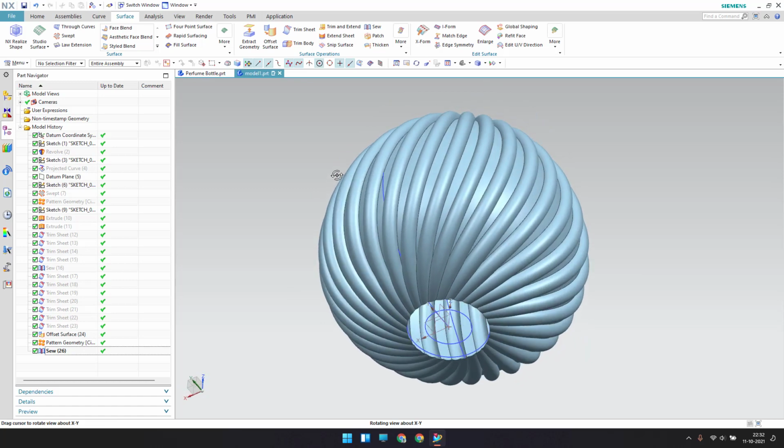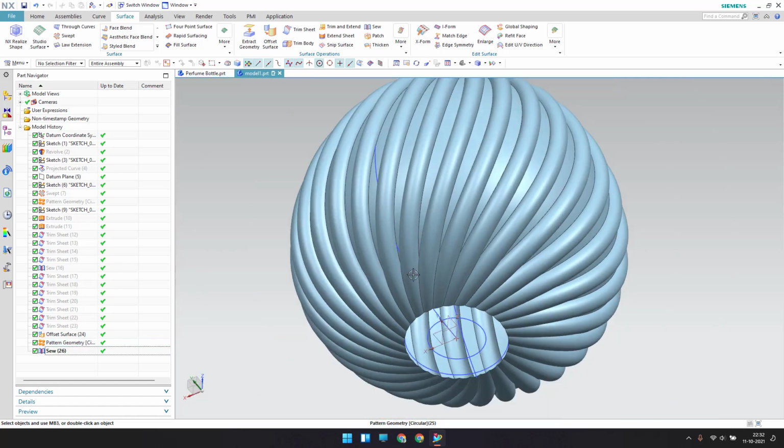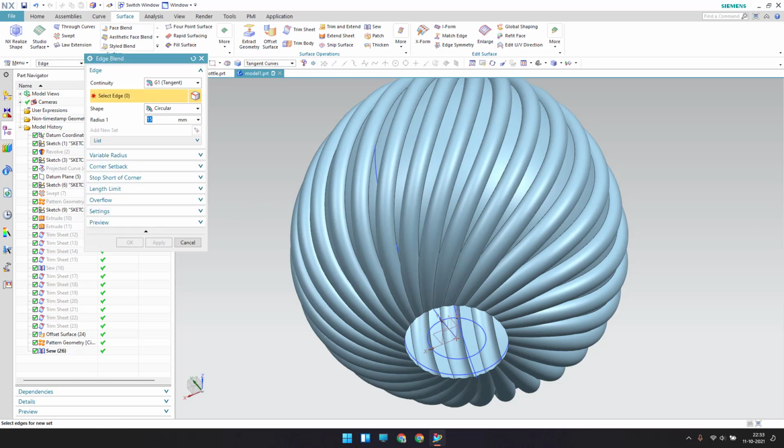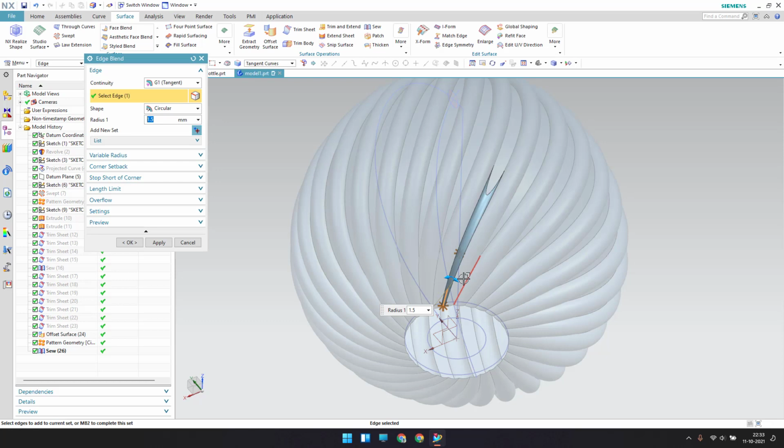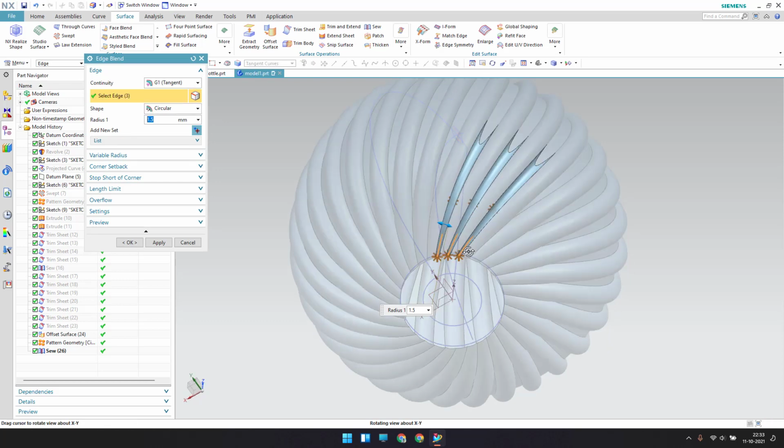Now what I will do is make an edge blend here. Let me go to edge blend. Here I can see the edge blend. The value will be 1.5, and I need to select all these curves here, the bottom curves.